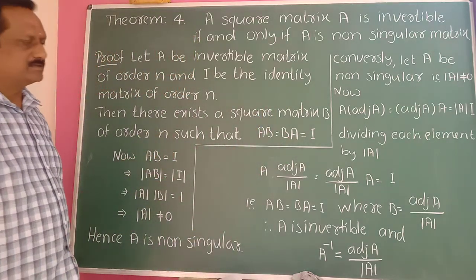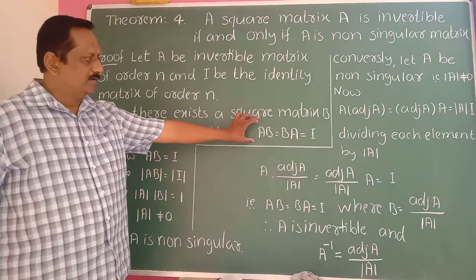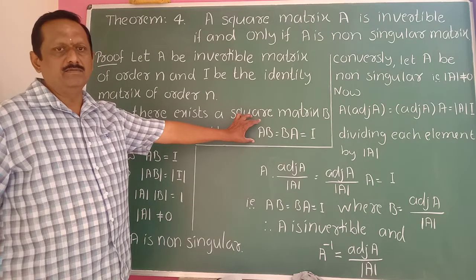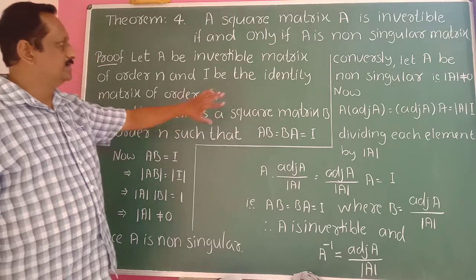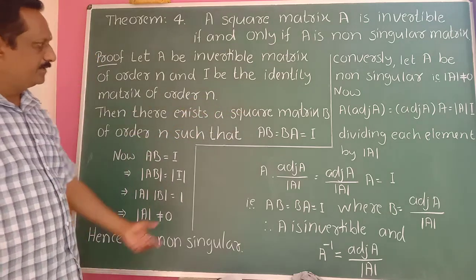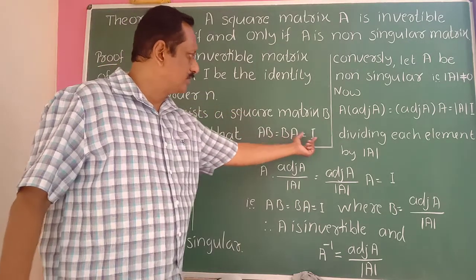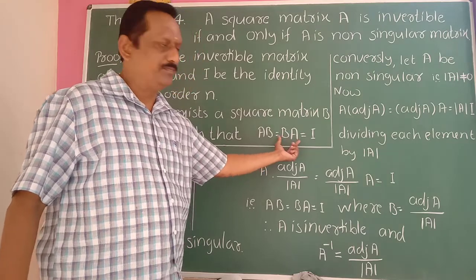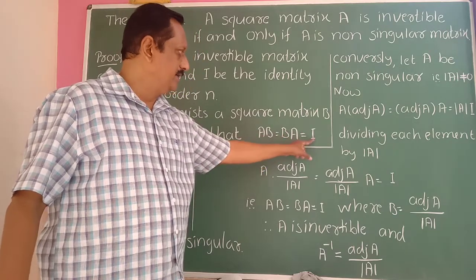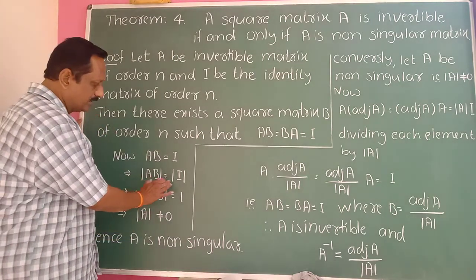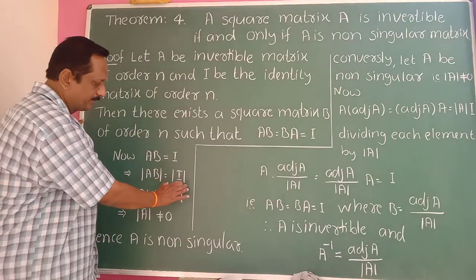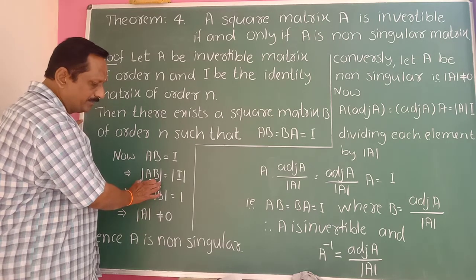In the previous class, I explained that when we say A is invertible, this condition is satisfied. Therefore, take only this result, AB is equal to I. Even you can take BA is equal to I also. I am taking AB is equal to the identity matrix I. Taking determinants on both sides, then according to the third theorem,